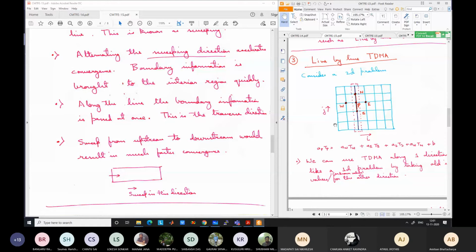Although we could have written it like this, one sweep occurs from left to right, then again from right to left, alternating the direction. But if I write it from left to right and from bottom to top, then I give the boundary condition such that the known velocity is on the left side, like flow is occurring from the left side, and on the other side it is open. So just an outflow condition is there, and the cylinder is in between. Flow comes from the left side and goes over to the other side, and it is very easy to get convergence.